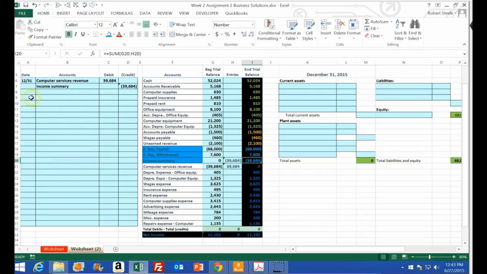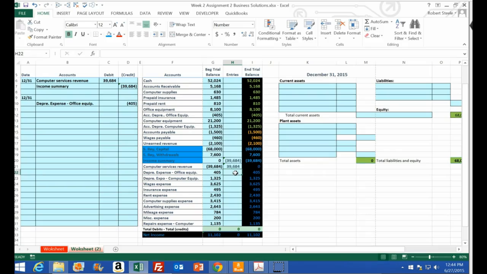So now we have net income, or just income, sorry, revenue in income summary. Now we're going to do the expense part. So the next journal entry of the 4-step process is to close out all the expenses. All these expenses have debit balances. Now, I mean, we need to make these go to 0. So we could think about this one at a time. That's a debit, we need to credit it. I'm going to copy this, I'm going to skip a line, I'm going to put it on the bottom, and that has a debit. So if I credit it 405, then if I post it,